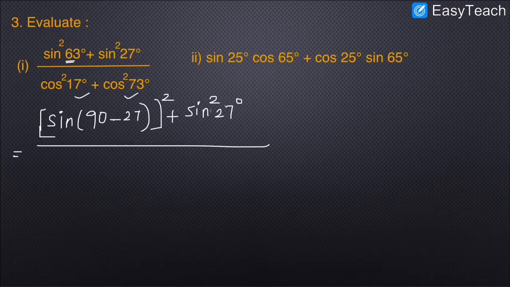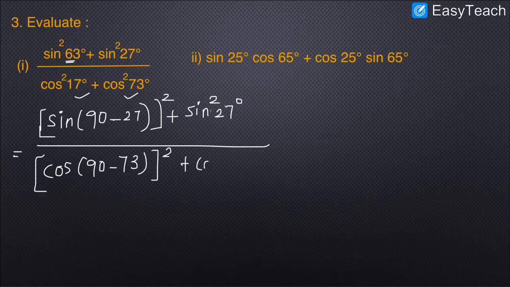So in the next step I change any one of these. So I take the first one. So cos 90 minus, so 17 I am going to write as 90 minus 73, square, plus cos square 73. Mostly the numbers come like this. See here, 90 minus 17 means it's 73. So 90 minus 73 means 17. Mostly the numbers come like this, to make the calculation easy, okay.